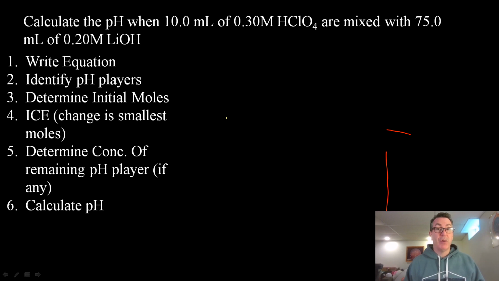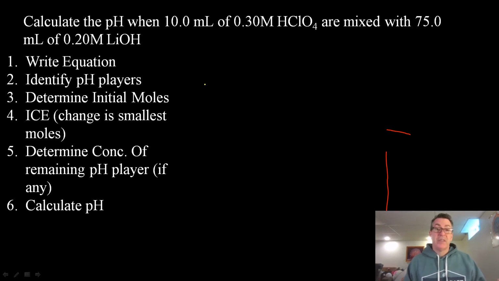So what you have to do is figure out what's left over of the two starting materials. And so what I've done is over the years, I came up with a set of 6 steps that you can follow. This should work for pretty much any acid-base problem, whether it's a strong acid, strong base, or a weak acid, strong base, or a weak base, strong acid, whatever combination you might have. And you can follow these 6 steps, and that'll pretty much take you through how to get the pH of